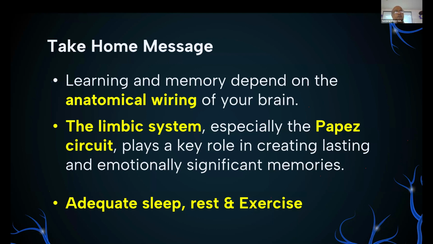So the limbic system, what is the role of the limbic system? Already I told. Next is adequate sleep and rest. Can you follow from today onwards? In what way is it important? For the transformation of short-term memory into consolidated long-term memory in the neocortex, sleep and rest are important. Next, exercise. During exercise, what happens? More O2 goes to your brain. That activates LTP, long-term potentiation, during exercise. That's why regular exercise is also important.